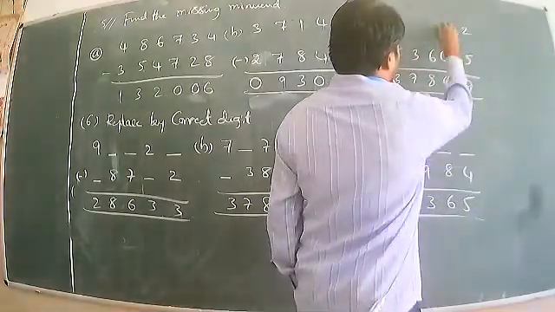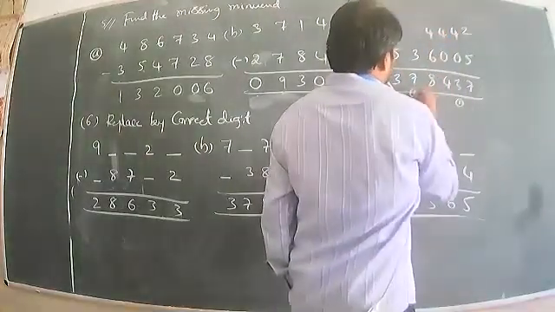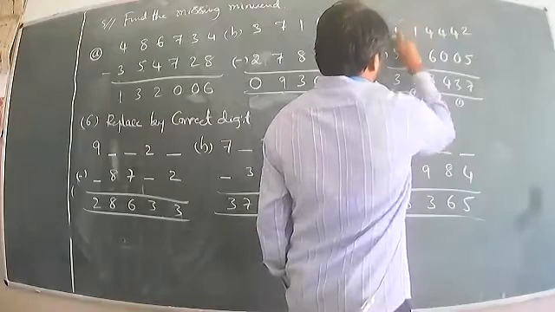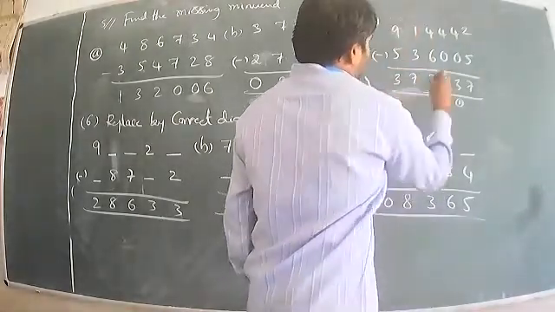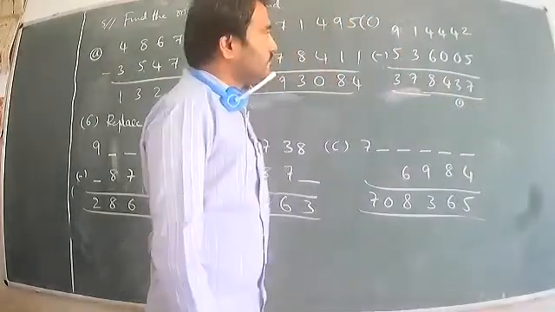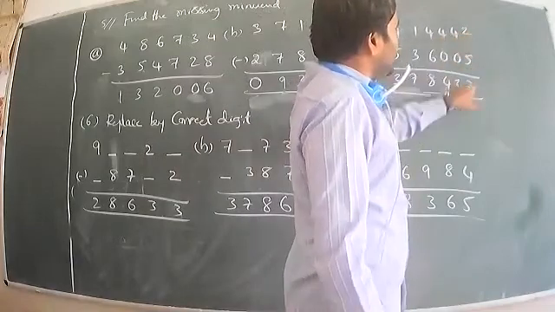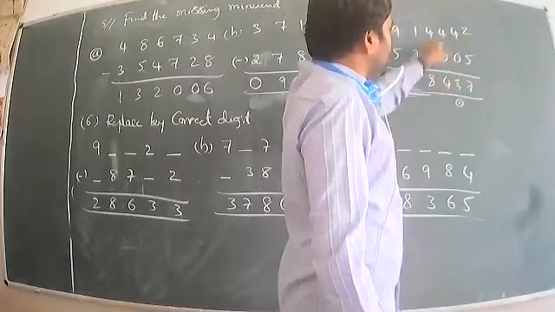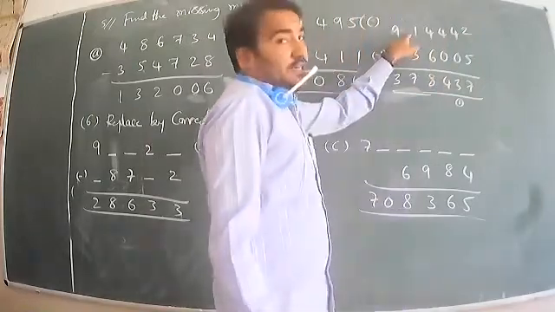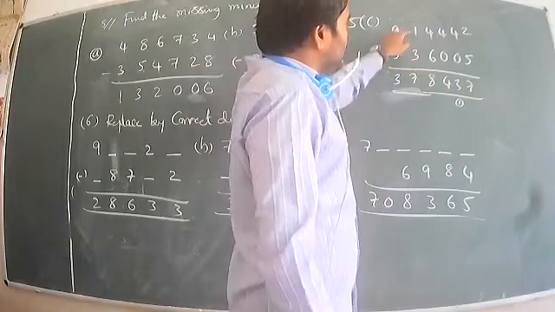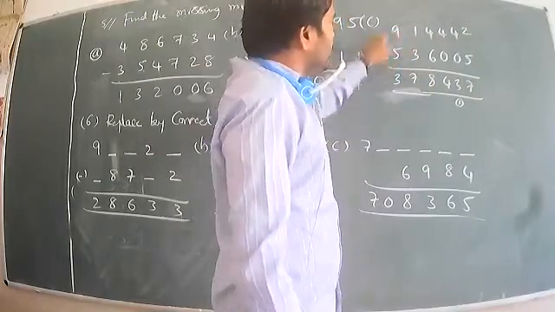Now 0 plus 4, 4. 8 plus 6, 14, 1 carry, 11, 1 carry. Okay, it is 9. So okay, now it has to be adding that. Okay, 2 is not less, take the carry, so it is 3. So 12, 12 less 5, 7, 3 less 0, 3, 4 less 0, 4, 4 is not less than 6. Carry, it is 14, 14 less 6, 8, 0 is not less than 3, carry, it is 10, 10 less 3, 7, 8 less 5, 3.